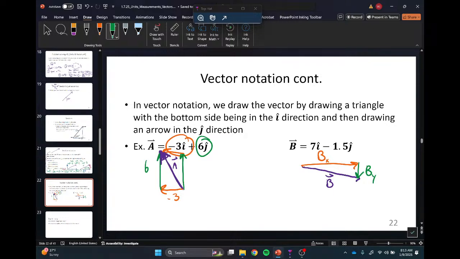And that's going to be a really common notation we're going to use in this class. Any vector, when we break it into components, say instead this was velocity, we'd have the Vx and the Vy. Say this is acceleration, we'd have Ax and Ay. Say this is force, we'd have Fx and Fy, and yada, yada, yada. Okay,